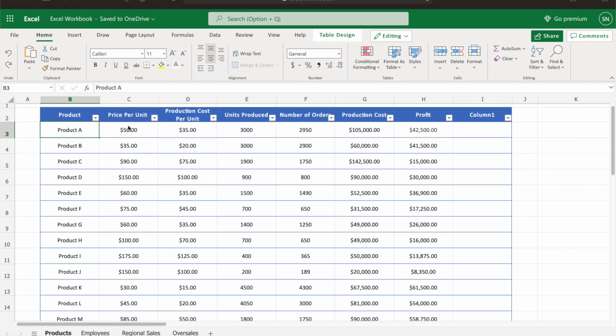So let's look at our chart for our imaginary business. We have our products, the price per unit, how much it costs to produce each unit, how many units we produce, and the number of orders. This is great because Excel does all the calculations for us, which means we don't have to do any of